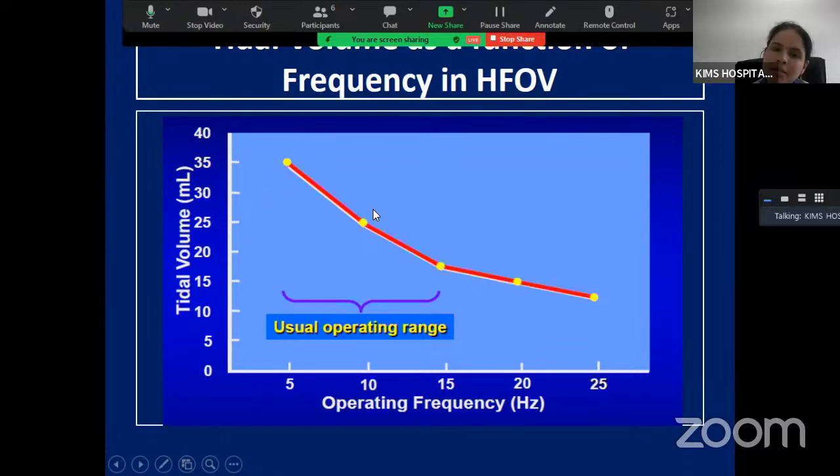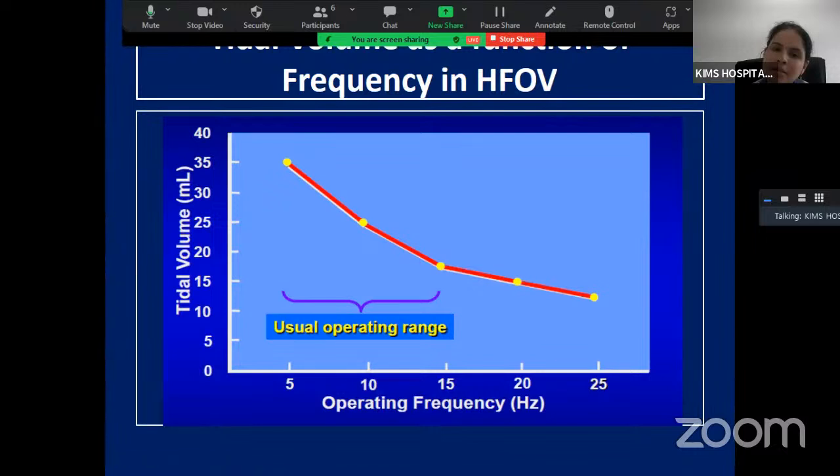So the carbon dioxide washout in high frequency ventilation tends to be directly proportional to the product of tidal volume square multiplied by the respiratory rate. Even if we keep increasing the frequency, particularly beyond 10 to 12 Hz, because of the rapid decline in the operating tidal volume, the effect on CO2 elimination can actually be counterproductive. This explains the inverse relationship between the frequency and CO2 elimination in high frequency ventilation,